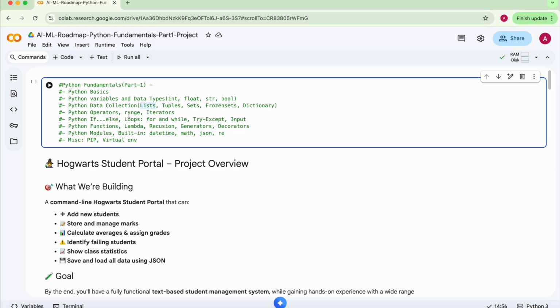Right? We also talked about how we can use the range function, and we talked about how to work with iterators and how to create your own iterator as well. Right? Then we discussed the if-else statements. We talked about loops, how they work, two types of loops, for and while loop. Then we talked about try and except, and then we talked about how we can take input from the